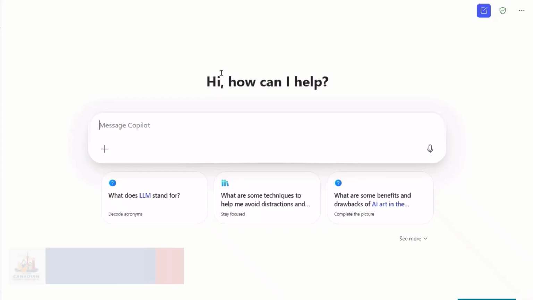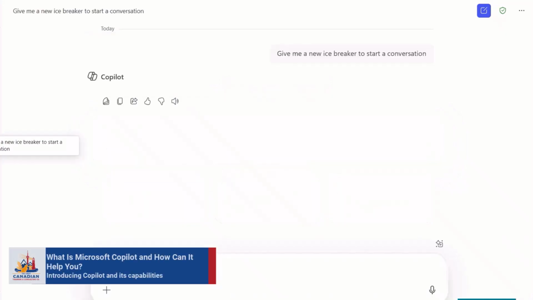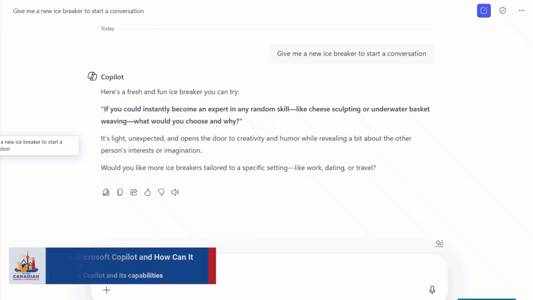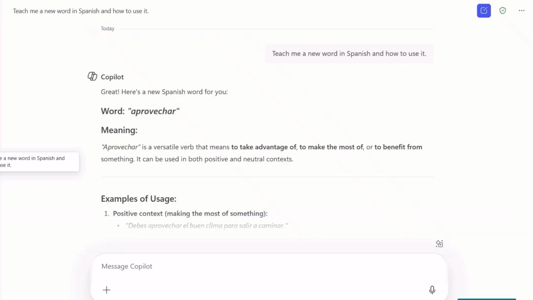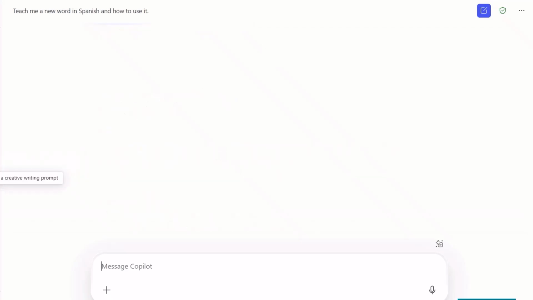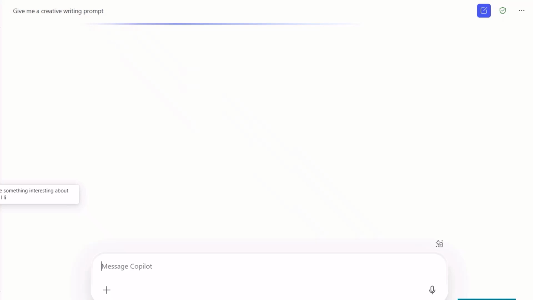I get asked this a lot. What is Copilot? Well, Copilot can do a lot of different things for you, like create different icebreakers. It can help you to start a sentence or to start a conversation or even learn a new word in Spanish. It's an assistant. It's an intelligent assistant that allows you to use that assistant to help you do creative